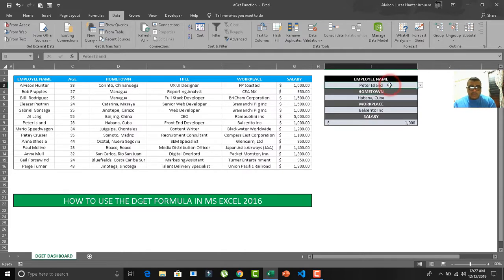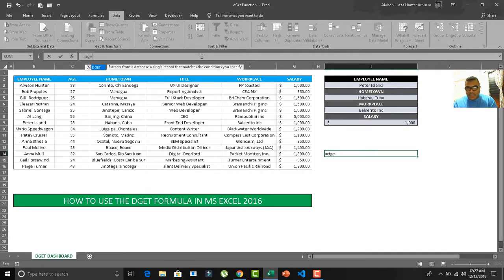But let me tell you something, this is important. For the employee name, you have to create a list that is based on the actual list that you have on the table, because that is what you want to use for the DGET. Let me just break it down for you over here. Okay, how does DGET work? You get the DGET by adding,